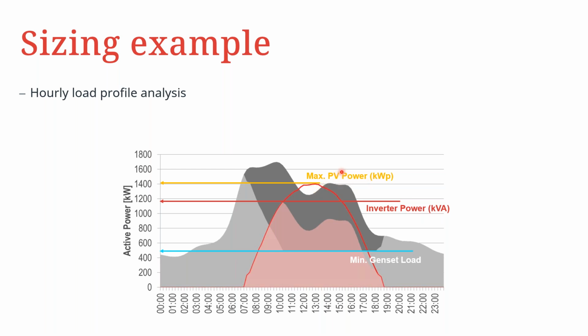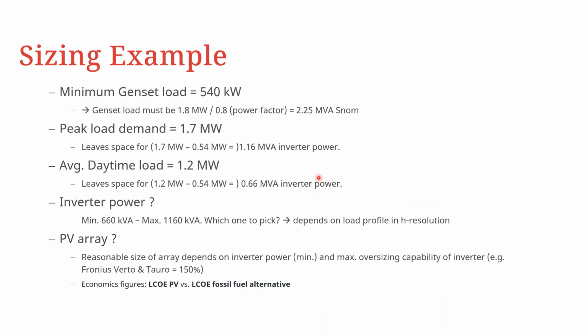We have already mentioned the DC to AC ratio. So the kilowatt peak maximum that you're going to design your PV system with. And then, of course, look at the peak demand on the load side. If you look at all these factors, then you can come up with a relatively good and stable PV genset system. And going further to analyze those key points, we can see from that particular load profile